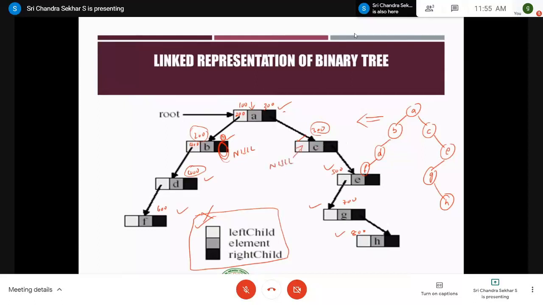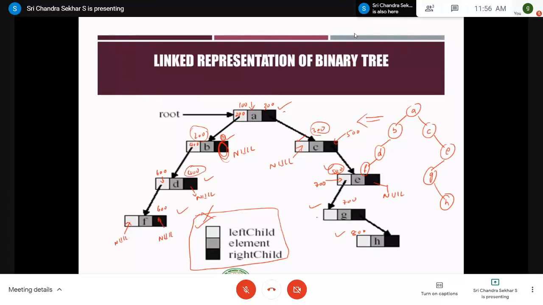Similarly, C is having a link to 500 or a link to E, node E. Assume that the node E is present at 500. Therefore, this particular right link should have a value of 500. Now you can go through it, right? This is 600, that means this value. And this is null. You continue the same process. Now it is a link to G which is stored at 700. Therefore, this value is 700. And this is null, and here F does not have any left child or right child. That means it is a leaf node. Therefore, both the values of left link and right link are represented with null.